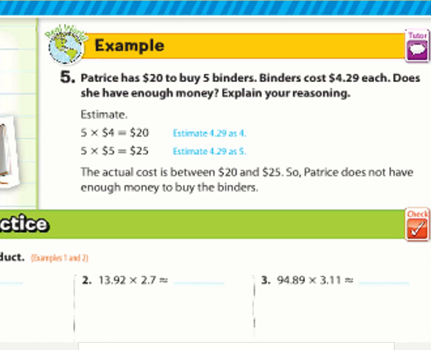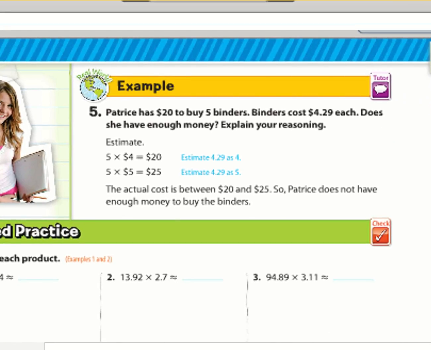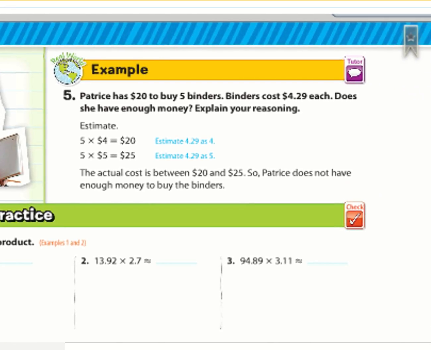So we're going to move on to example number 5. Patrice has $20 to buy 5 binders. Binders cost $4.29 each. Does she have enough money? Explain your reasoning. So if she wants to buy 5 binders, and it's $4.29 each,